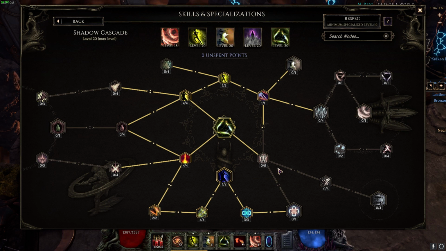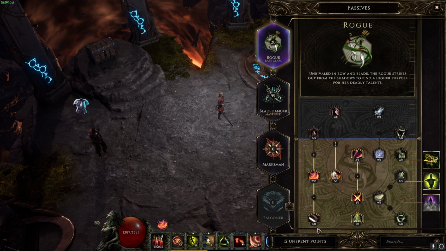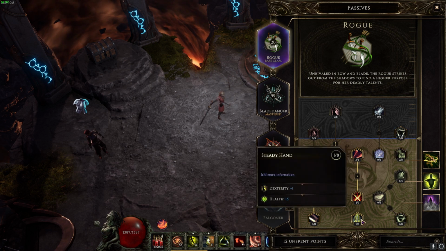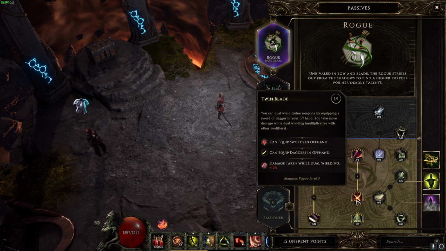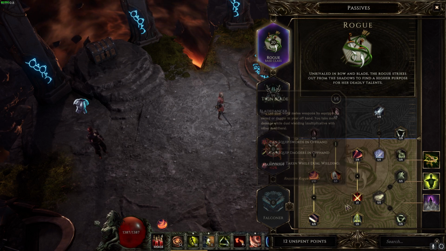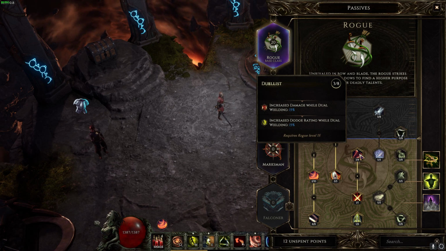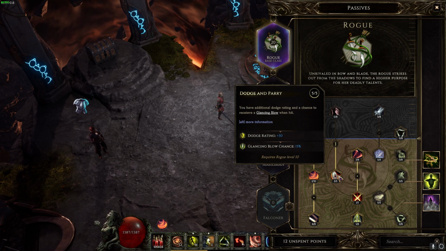and that's why you can just keep spamming it. For passives, in the Rogue base class, we have 8 points in Swift Assassin for that attack speed and physical damage, 1 point in Steady Hand, 1 point in Twin Blade so that we can dual wield. We will be using a 1 dagger, 1 sword combo for the 150% increased crit multiplier, 3 points in Duelist for some increased damage while dual wielding, 5 points in Dodge and Parry for that glancing blow and dodge rating,